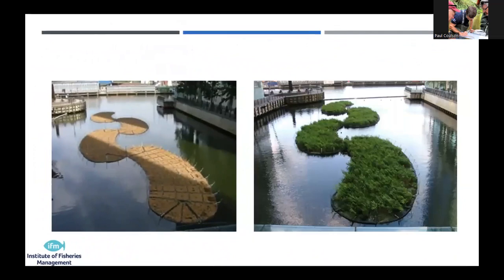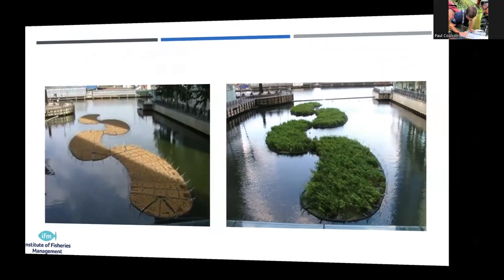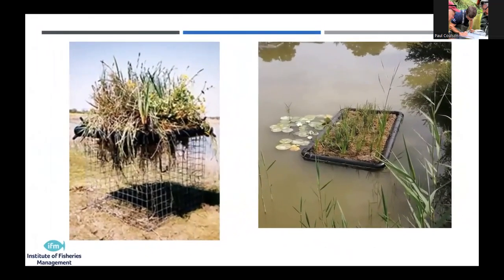So this one, I think, is down in Bristol docks. This is in amongst some flats, and you can see the styles you can do. They don't have to be uniform. You can manipulate them and move them into any shapes that you want. They don't have to be massive. You can make them yourself. So here's one taken out of the water with the cage in situ, so you can see the size of it.